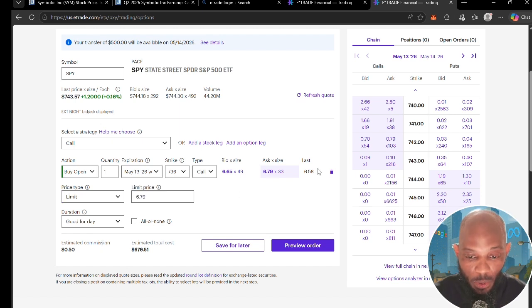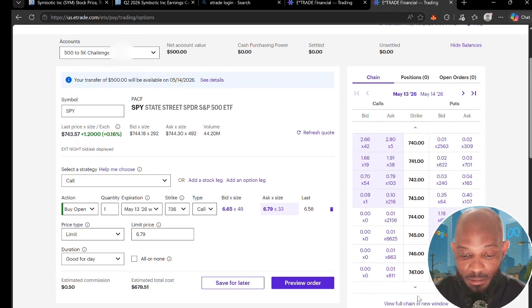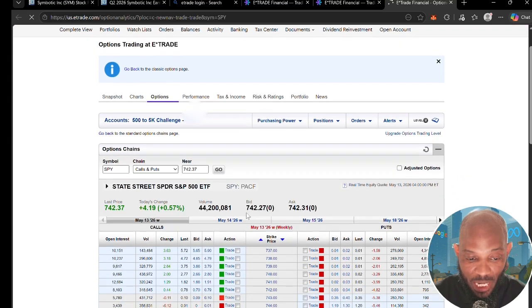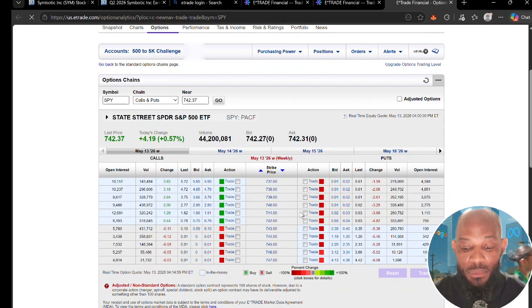So that's what we're doing in a nutshell. We're getting the levels in the stock, its price, and what it does at the level. Then we come to our brokerage account and buy that contract via the options chain, and we watch to see the price of the asset we are interested in do what we're saying it's going to do. And that returns money on our